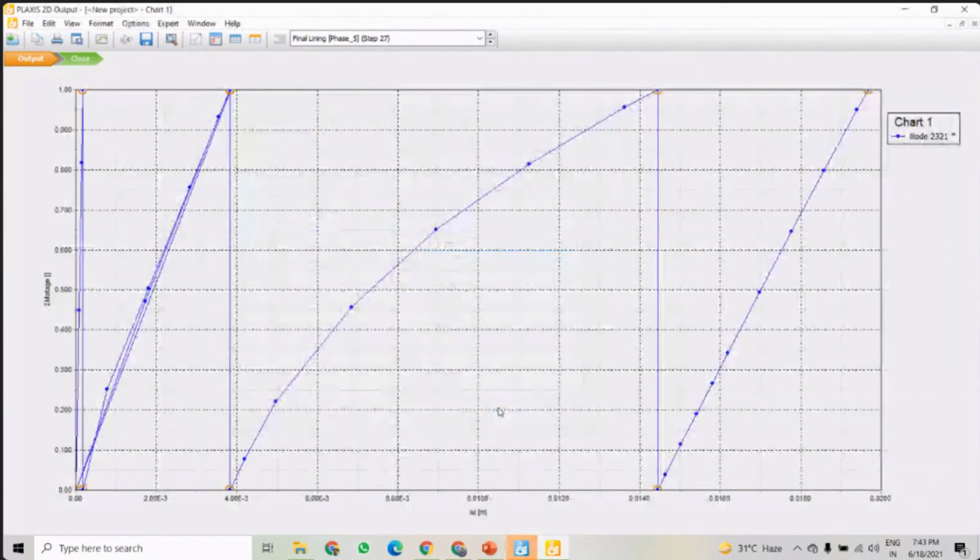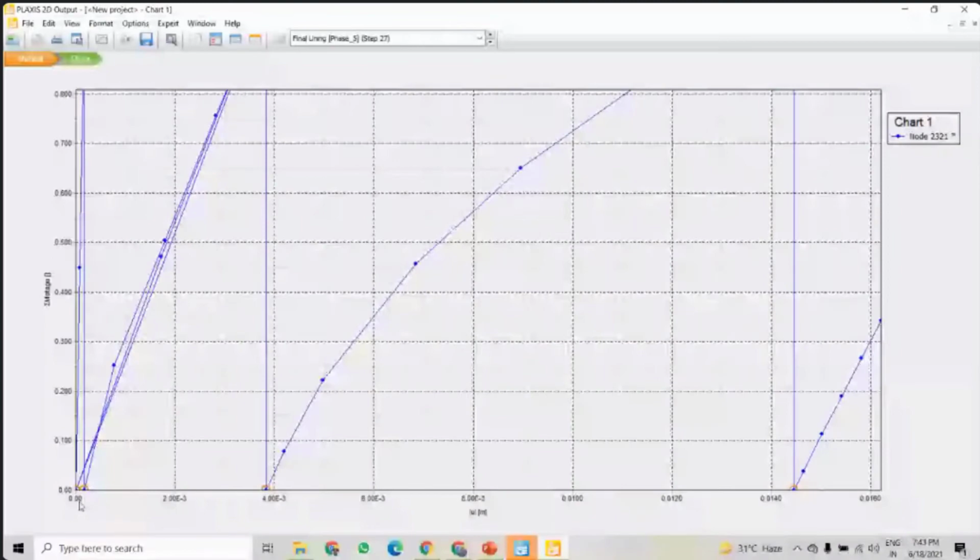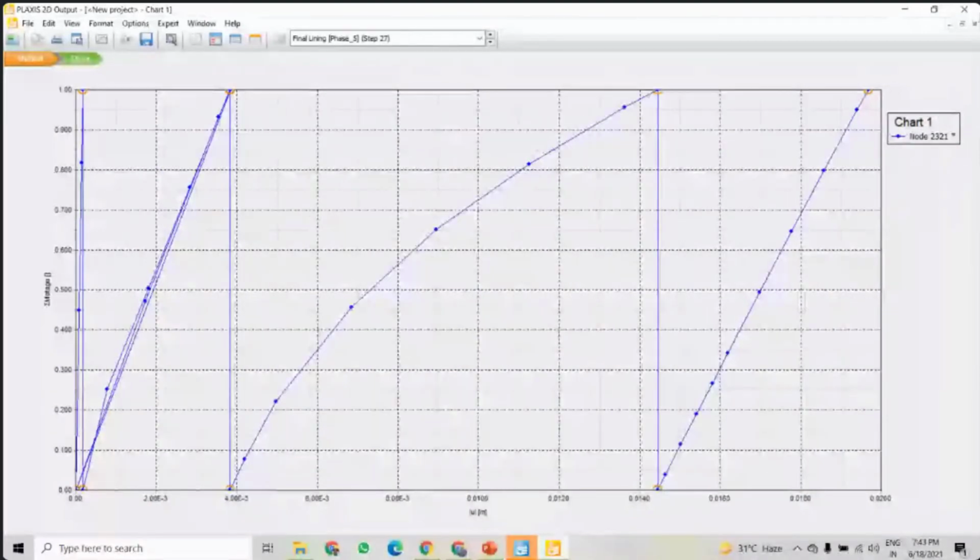Now you can see here, the first layer is showing, it is the first one. This is very small, and then this is for the second layer, this is for the third layer, and this is for the fourth layer here, right?